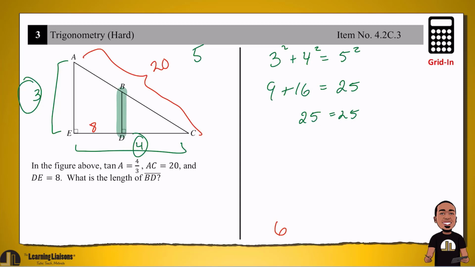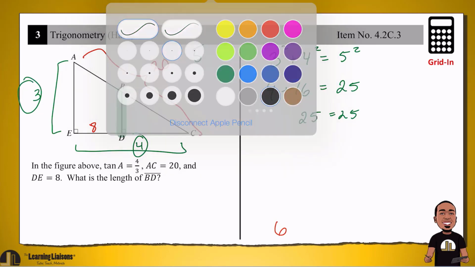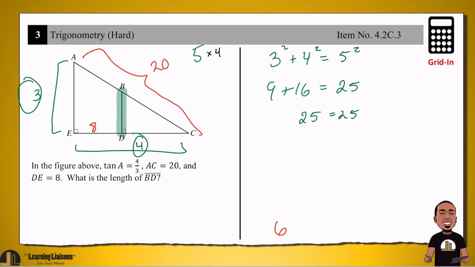So because I know that, the reason that this is useful is for the following reason. If the 20 is the 5 side, 5 times whatever, in this case 5 times 4, that means that the 4 side is 4 times 4 and the 3 side is 3 times 4. Because I know that now, well, boom, this entire thing is 16 because it's 4 times 4. Why is that useful? Well, this is 8, and this is going to be 8 as well to make up